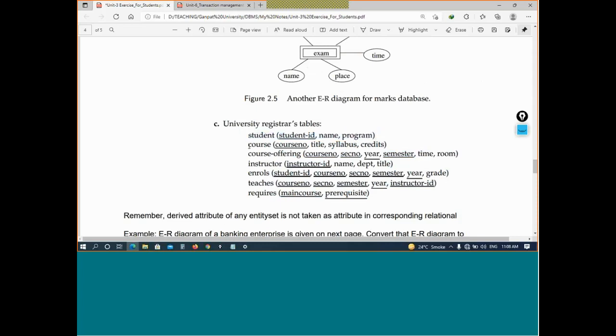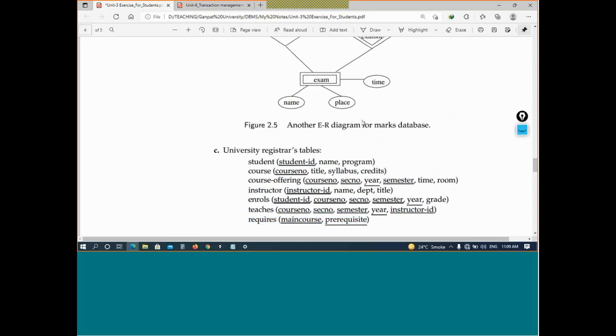Second table for the course offering, and for the instructor. One table is for enrollment. Enrollment by student, instructor teaching, and this is not required because this is extra. So we require enrollment and teaching.